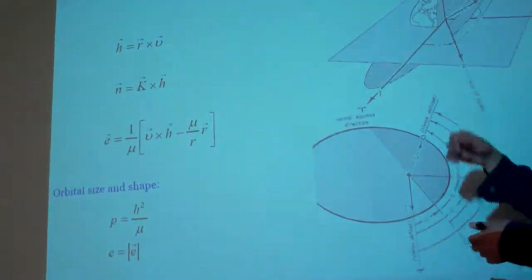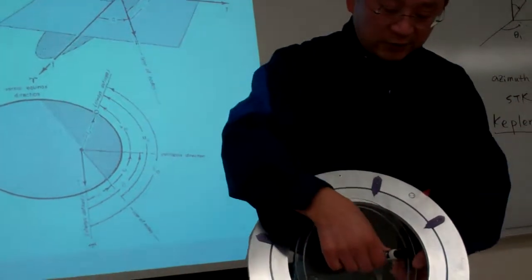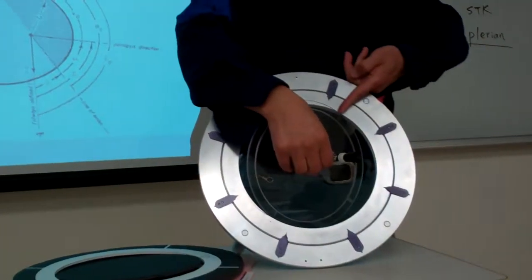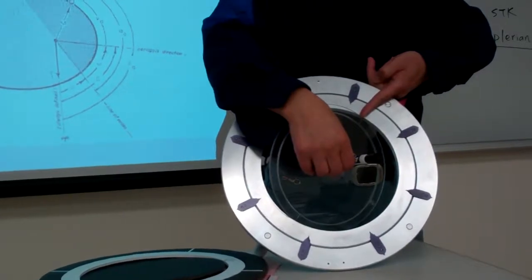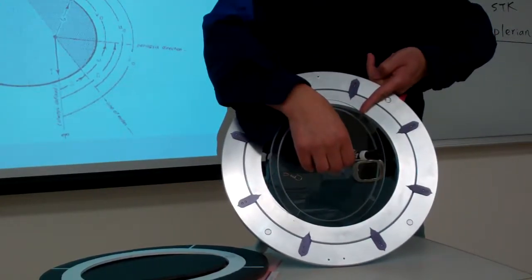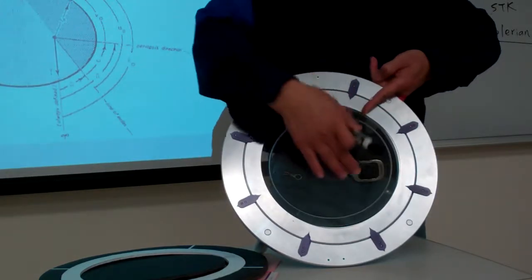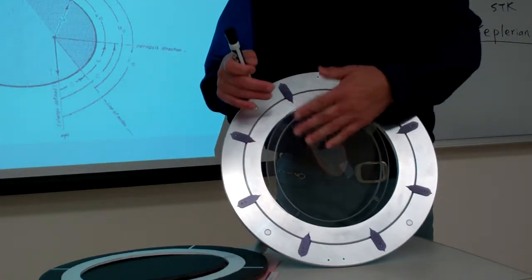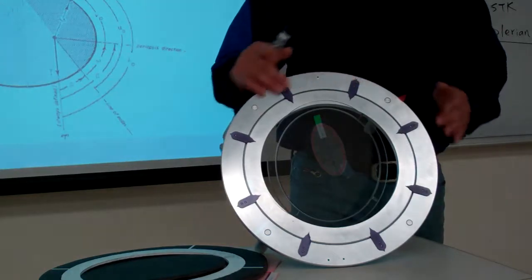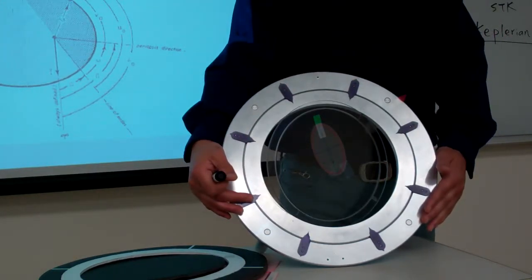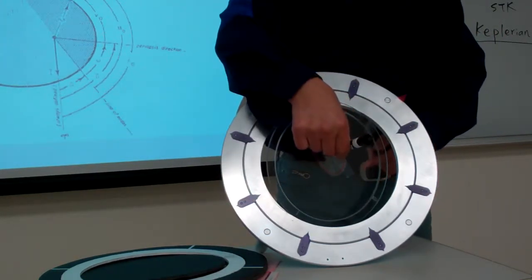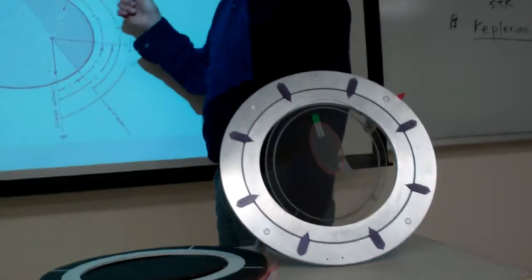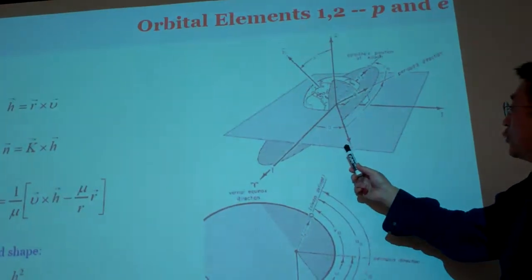That means n is the axis that is the intersection between the orbital plane and the equatorial plane. So basically n is the vector normal to